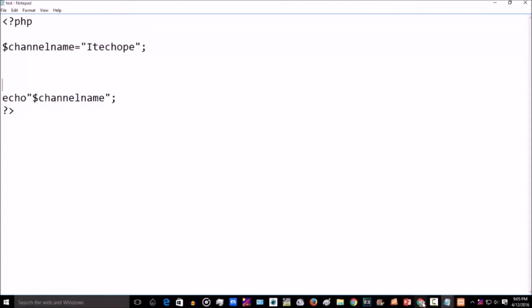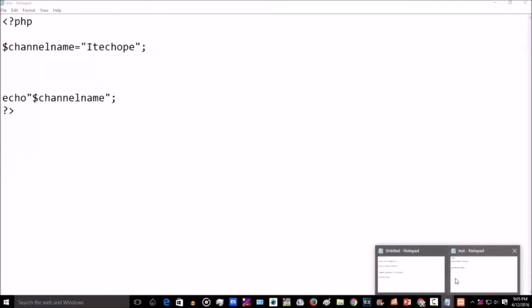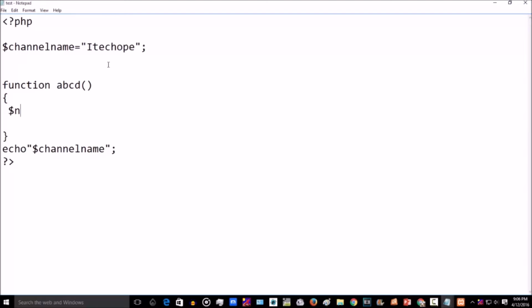And let's have a look at our fourth part, that is variable scope. In PHP variables can have three types of scope: local scope, global scope, and static scope. So let me show you. Local scope is nothing but if we write some function abcd, in which we temporarily define some variables according to our need. Let's say $name is equal to